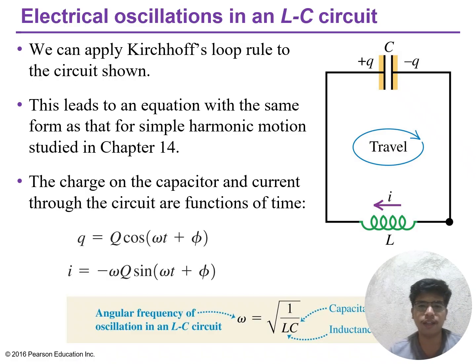So for electrical oscillation in an LC circuit, we know that an LC circuit is like a pendulum. Energy bounces back and forth between the capacitor C, which stores electric energy as charge Q, and the inductor L, which stores magnetic energy as current I flowing through coils. Apply Kirchhoff's loop rule around the circuit: the sum of voltage drops is equal to 0. You get the same math equation as simple harmonic motion from chapter 14, like a mass on a spring. So the charge on the capacitor is Q of t equal to